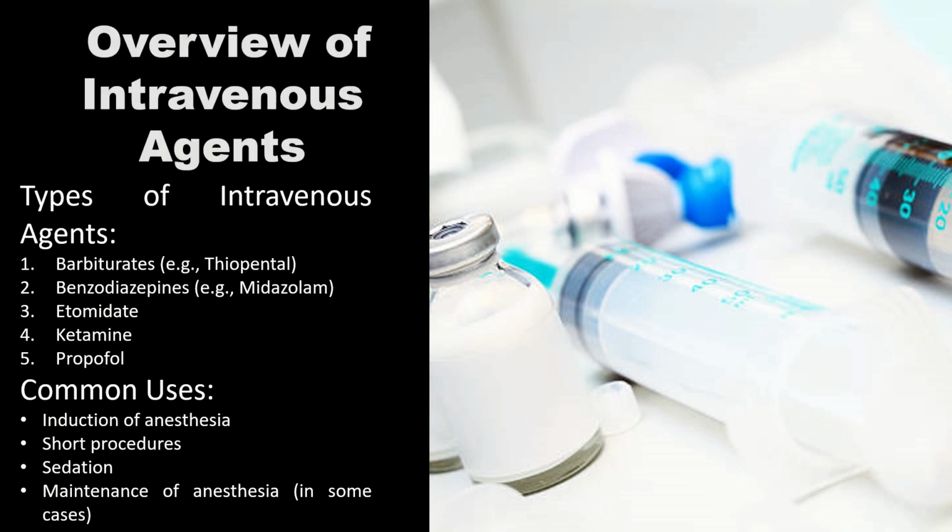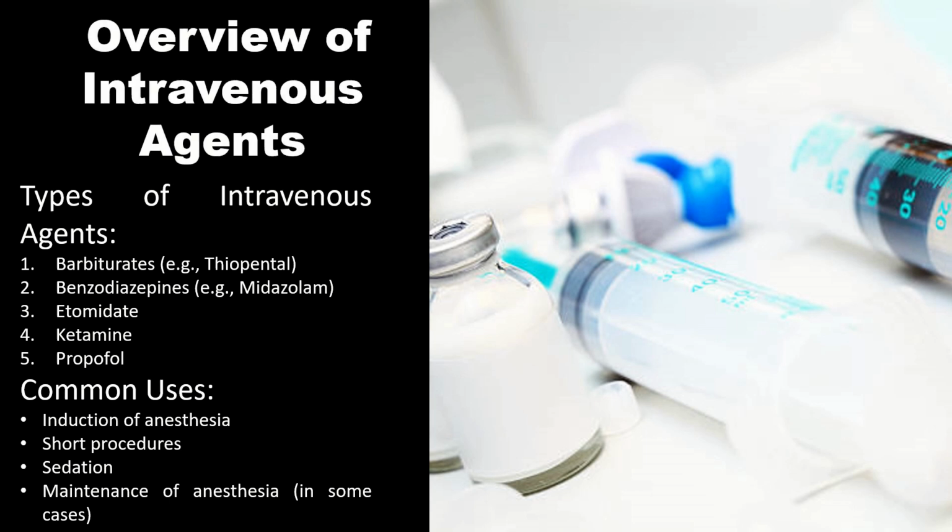Okay, so here is some overview of IV agents. Types of IV agents we can use are barbiturates, benzodiazepines, etomidate, ketamine, and propofol. The common uses are for induction of anesthesia, for short procedures, for sedation and for maintenance of anesthesia in some cases. So the first medicine which we will now go through is the